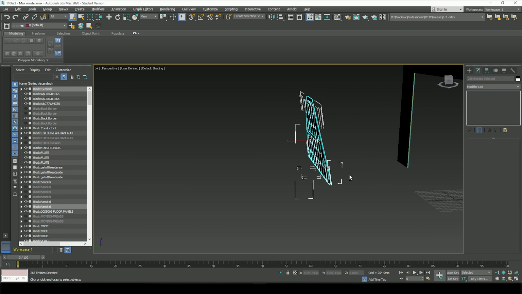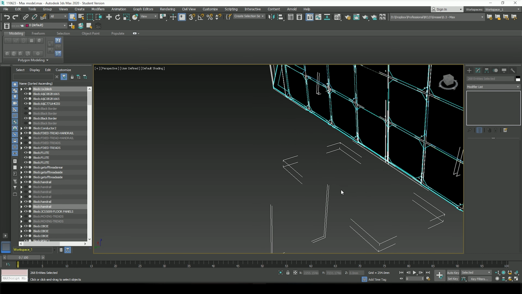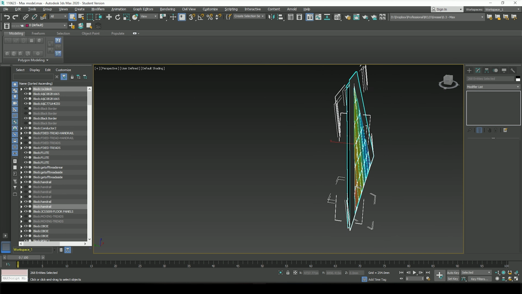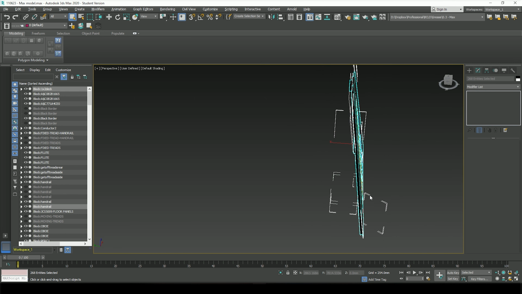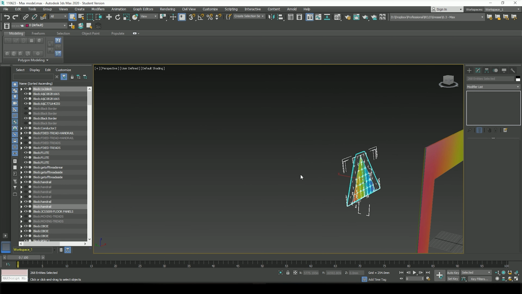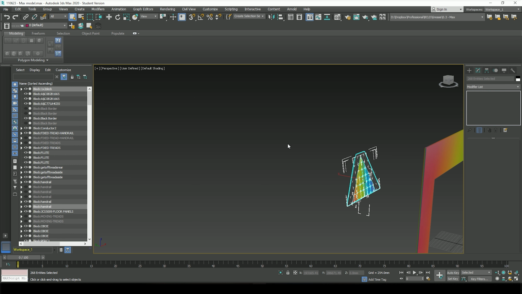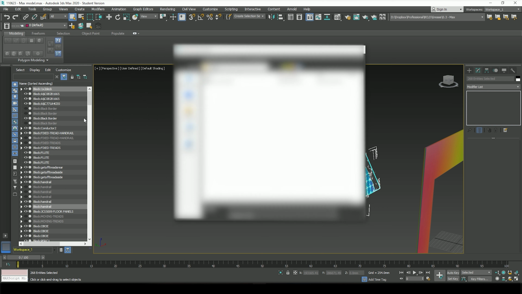This stuff here. Anything like this that's a bit odd that comes in, it may look like nothing because nothing's actually there, but it does. It still counts as geometry. It might be so tiny you can't see it, but made up of thousands and thousands of polygons. So we really want to keep this tidy, and this is another reason why it's always good to build things from scratch in 3D Max. Export selected, FBX, I'll call that pyramid,